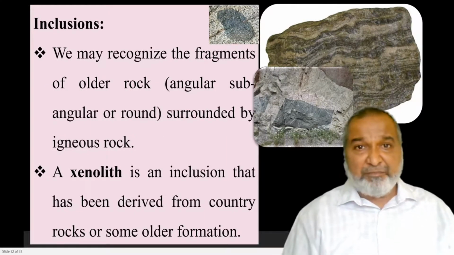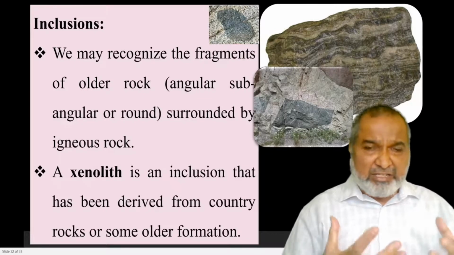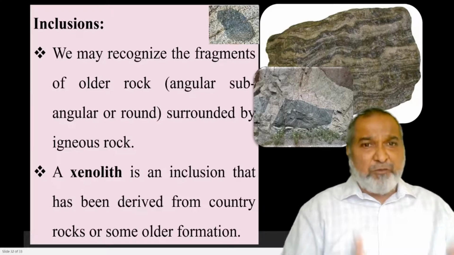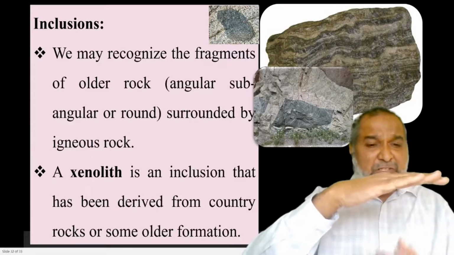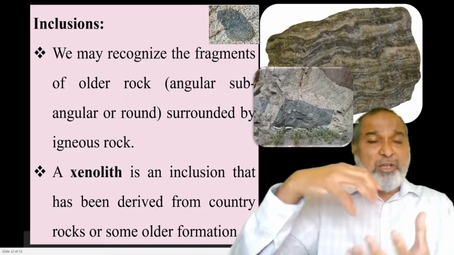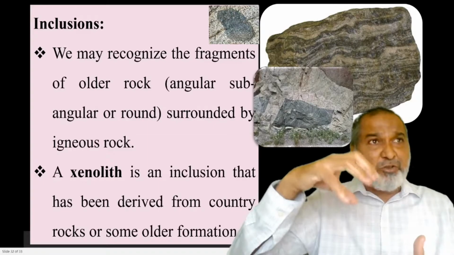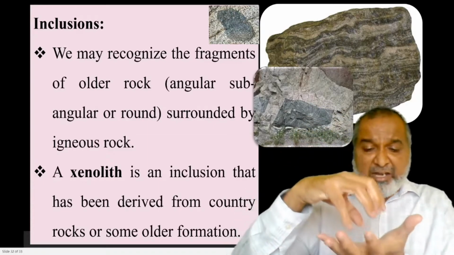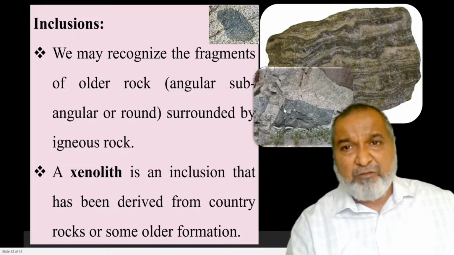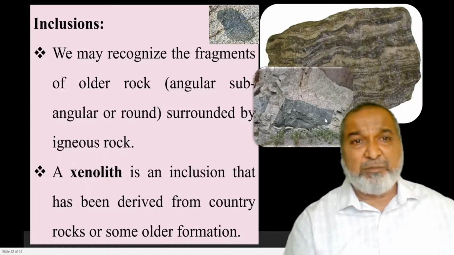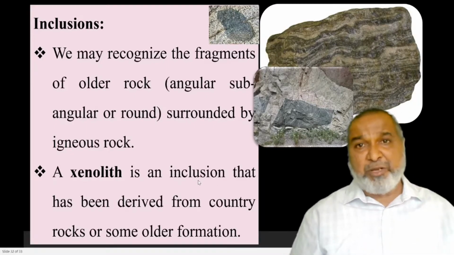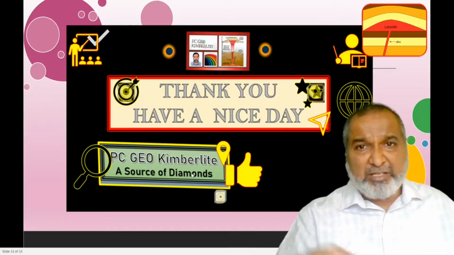Inclusions, a very important one. The magma crystallizes, and as some part comes out with force, the country rock is cut, but it is not completely melted; some part remains and comes out with it. So the solid rock of the earlier country rock remains there as a patch. This is called foreign material. This is nothing but a xenolith, an inclusion in the country rock of an older formation. That is very important.